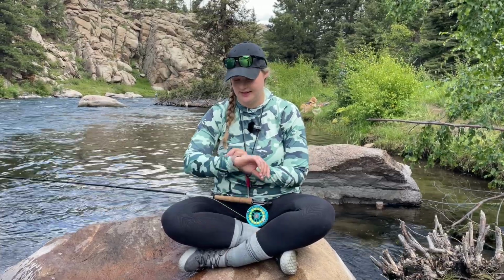We're not a morning hatch for yellow Sally. So look towards the edges of the riverbanks, turn over some rocks. That's where they're going to be. Towards this time, what time is it right now? It is 1:30 right now. We're probably going to start seeing them flying around in some bushes. They're just more of a heat-centered insect. So hopefully that helps you know where to find them, and then when you do find them, how to identify